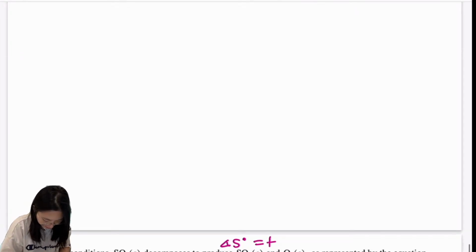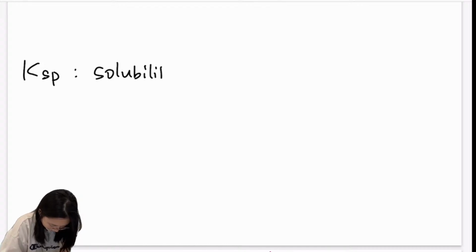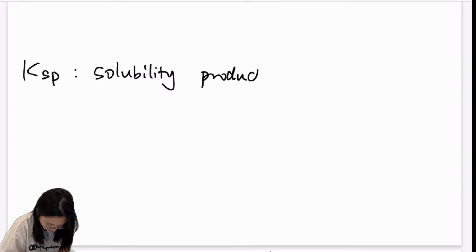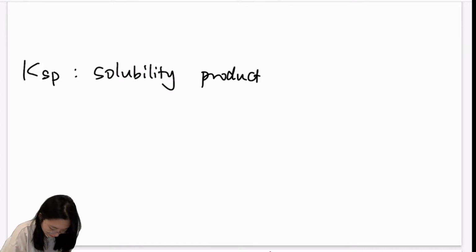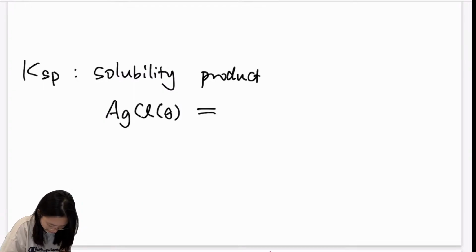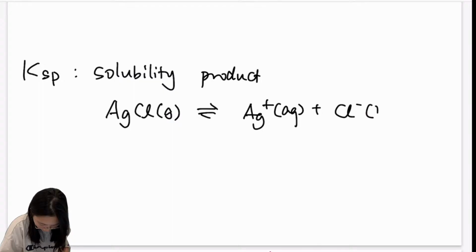So Ksp, the solubility product constant. S stands for solubility, P stands for product, so it's the solubility product constant. It means when you dissolve a solid compound in water or in aqueous solution, it dissociates into cations and anions. So for example, silver chloride, AgCl in solid. When you dissolve it in water, it dissociates into silver cation, Ag+ aqueous, and chloride, Cl- aqueous,